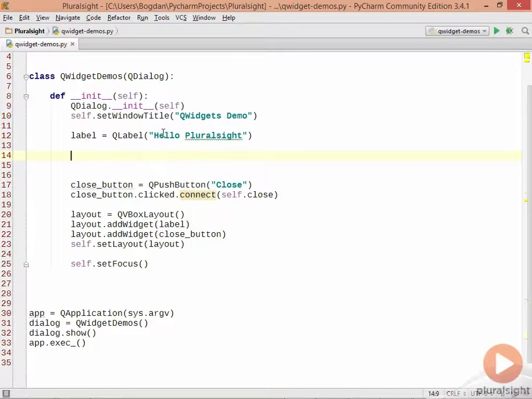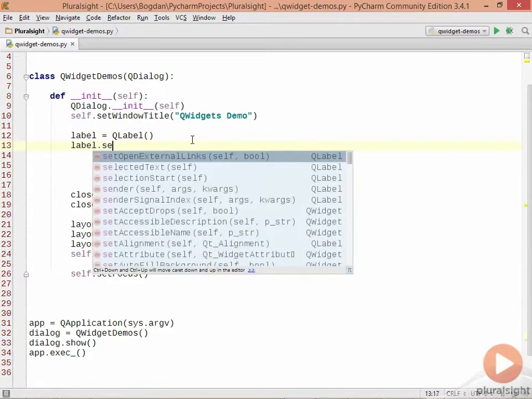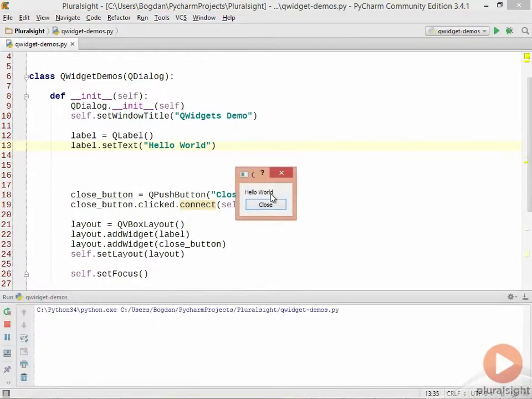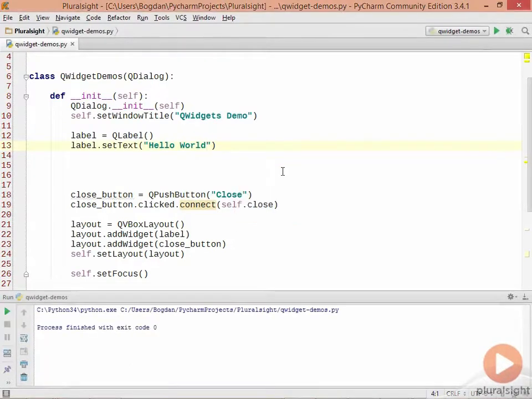the setText method. So let's get rid of this text here, and instead just call label.setText, type, let's say, hello world this time. If I run the application, we have our QLabel with the hello world text in it. Of course, if we wanted to grab the current text in the QLabel, we'd just call the text method, same